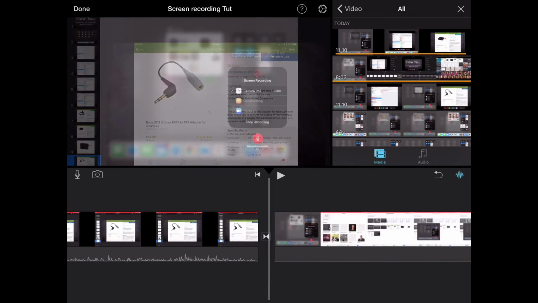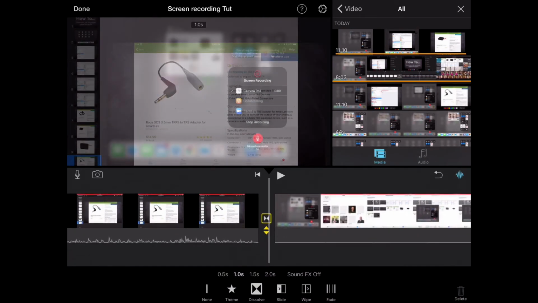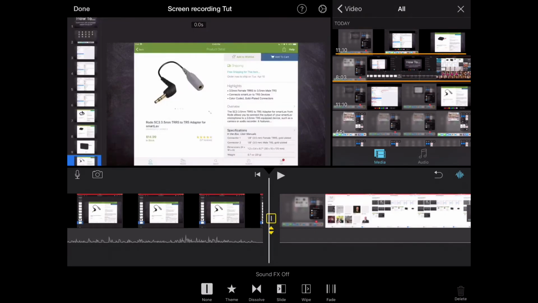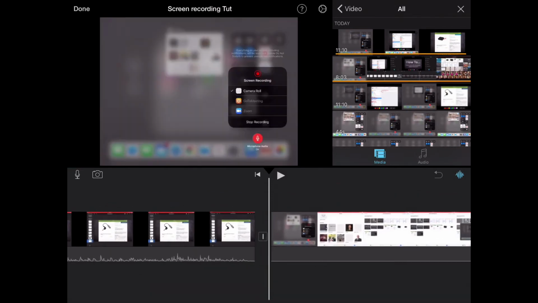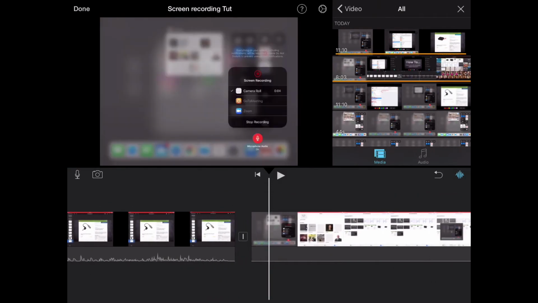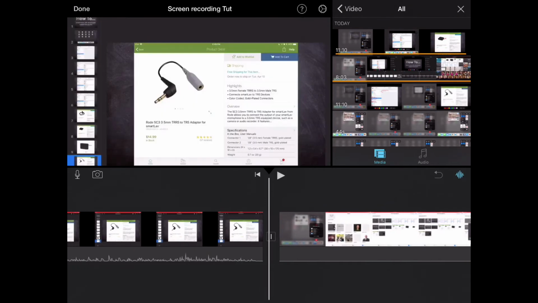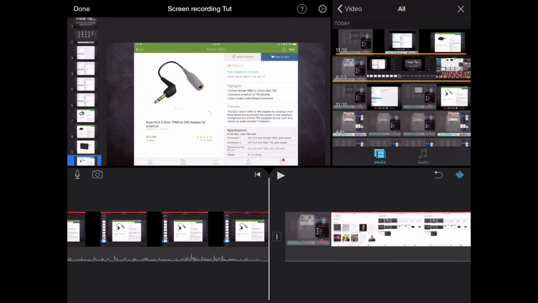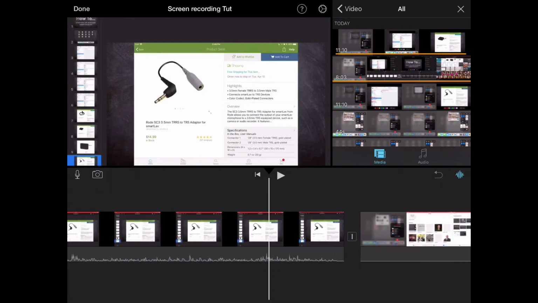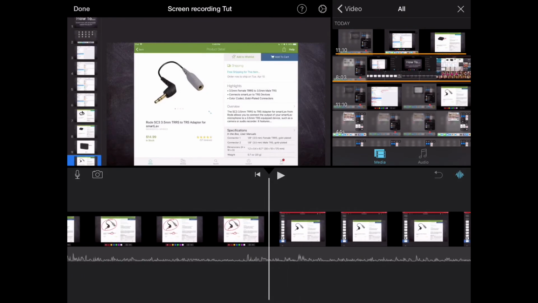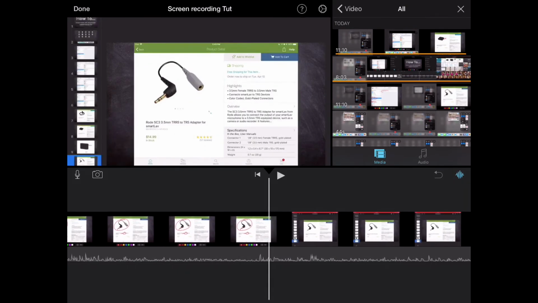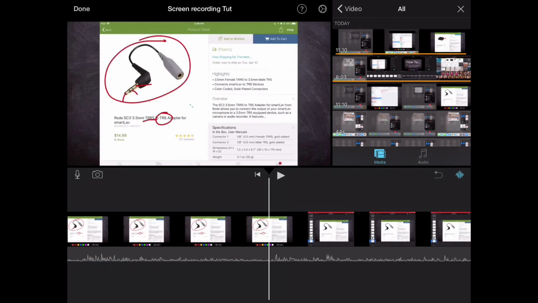Okay, so to change that, we can just click on the edit or the transition right there, and I can just say none. And now it'll just jump back and forth between the two video clips that we put in before. And I'm also seeing that there's an edit that needs to be made because it looks like while I was talking about these things and then I stopped somewhere in here,